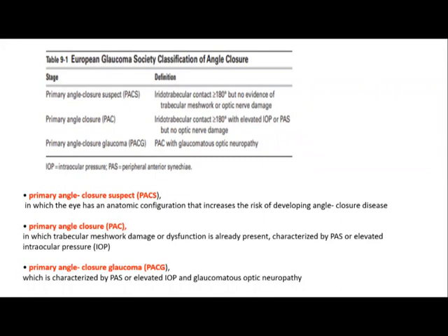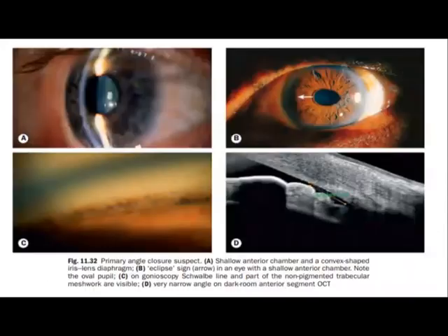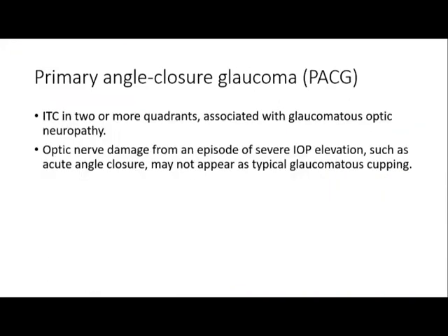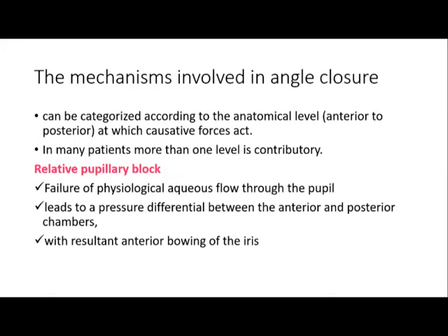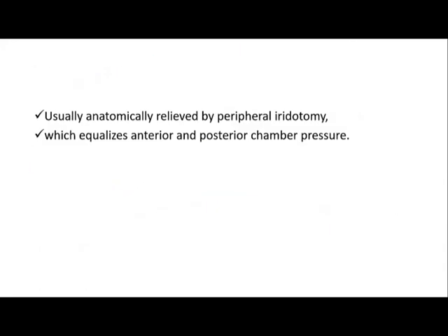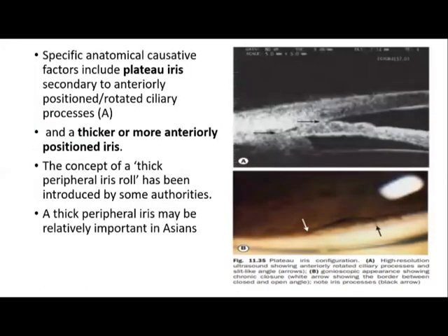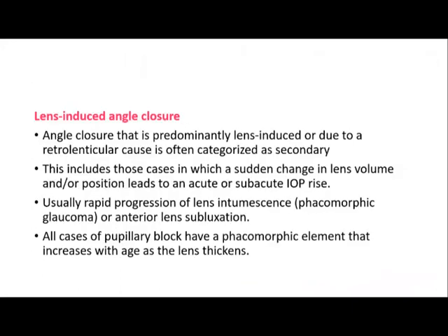Yesterday we were discussing open angle and angle closure glaucoma, and we are just roughly looking through the slides which we read last time. Like stages of angle closure: the primary angle closure suspects, primary angle closure and primary angle closure glaucoma. We were discussing primary angle closure glaucoma last time, and the mechanisms involved with angle closure also we discussed. The relative pupillary block and the non-pupillary block we discussed yesterday, and now we are going to discuss lens-induced